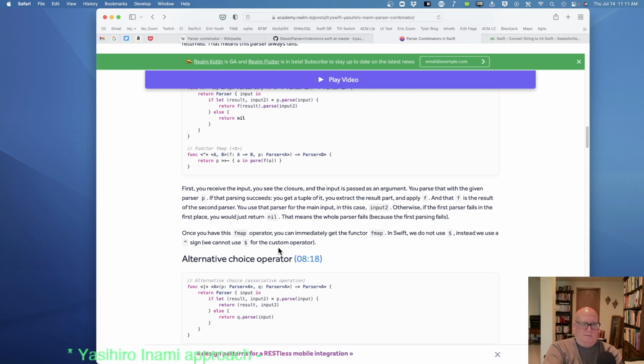So A and pure f of A, given a value, this parser will give you the function applied to the value and the rest of the input.